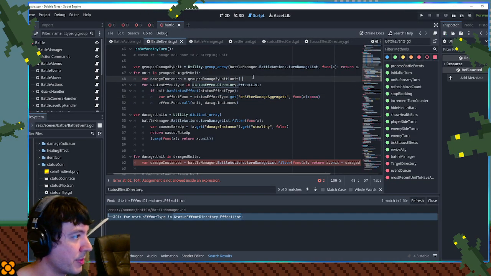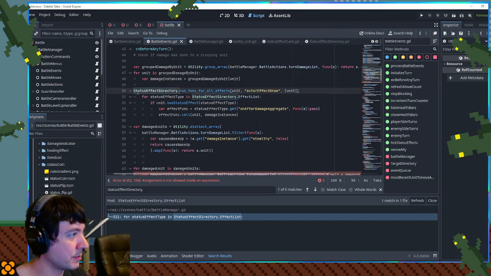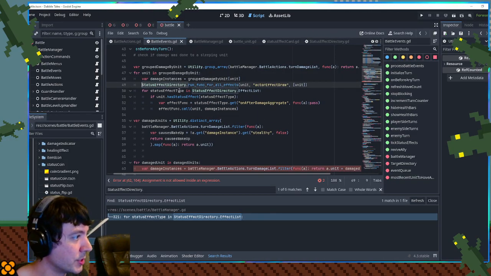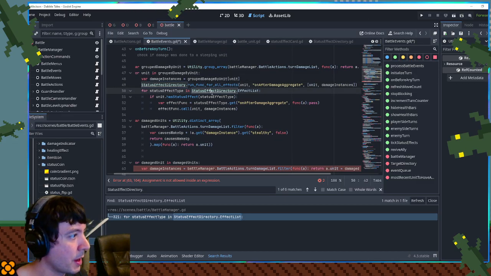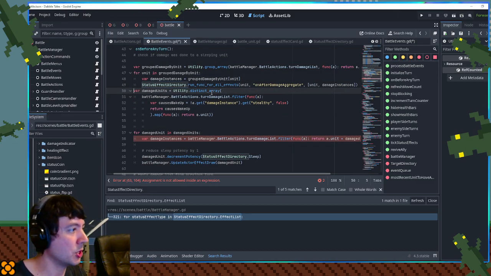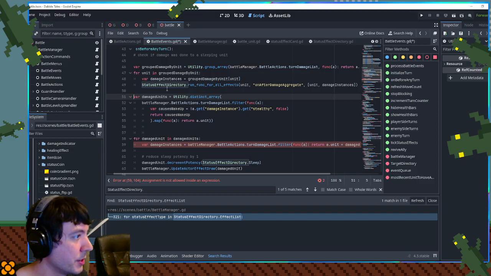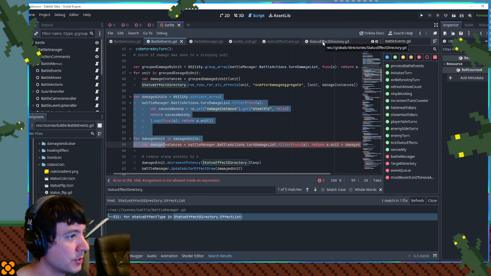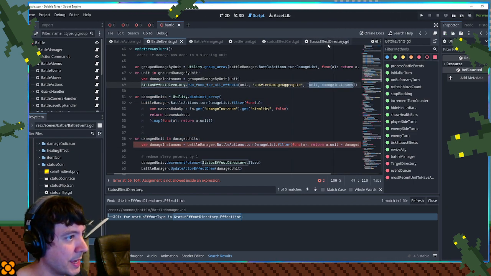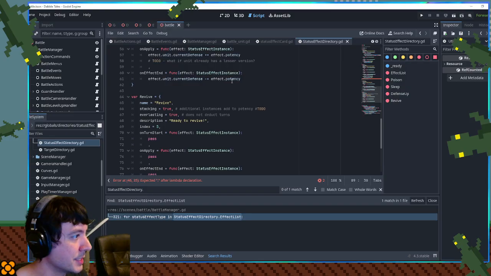Okay, so now this can become a one-liner. We just say, all right, now use on after damage aggregate, pass in unit and the damage instances. And boom, it's gone. All of that is gone. Okay, this still needs to be done, but we're getting closer. So now, knowing that we have unit and a list of damage instances on our sleep function,